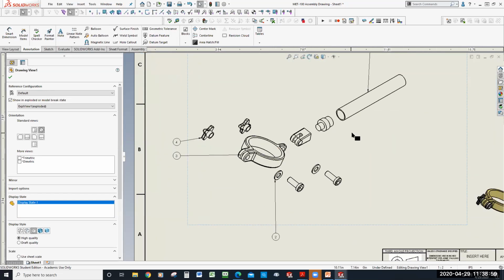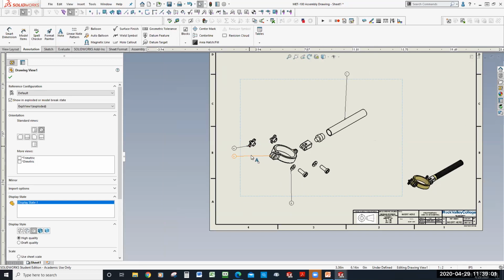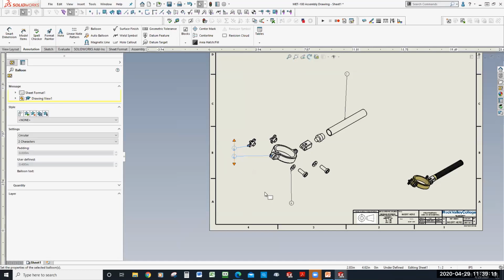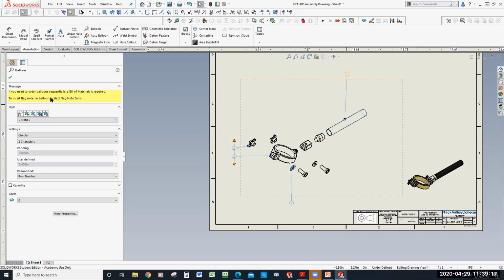Like I said, you can arrange and rearrange the balloons, change the style. If I want to change them all to split balloons, the only way I know to change them all would be to highlight each one of them, go to the property manager and hopefully